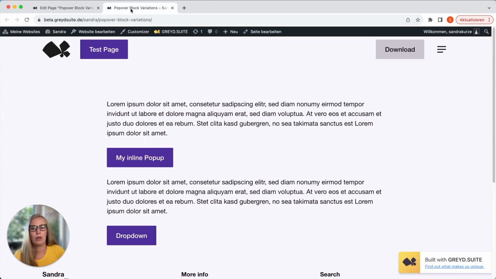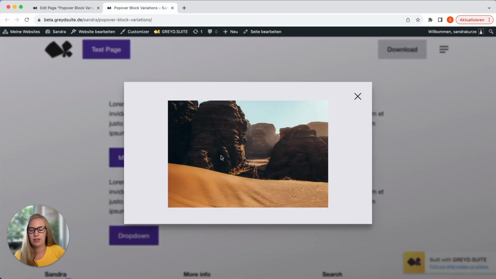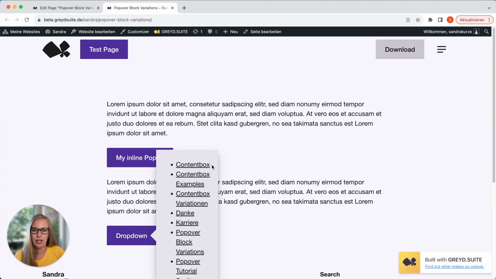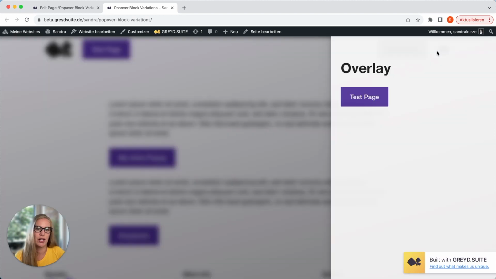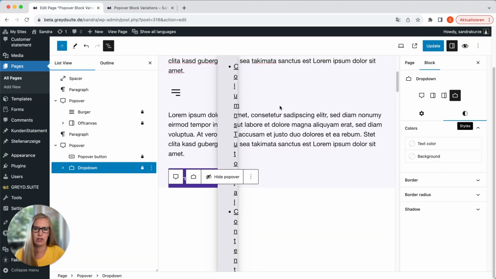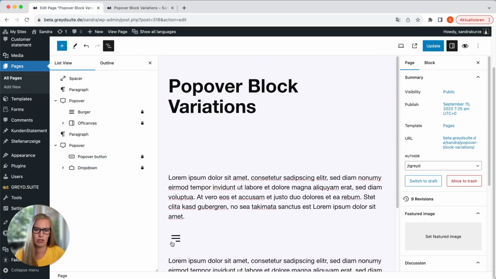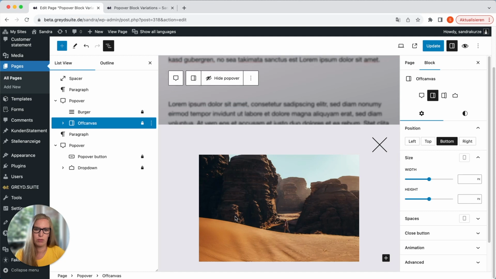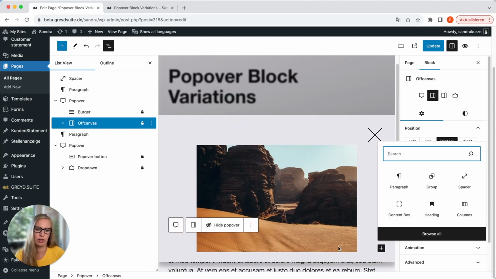As to what you put inside your pop-up, or inside your drop-down, or inside your off-canvas and burger menus, is completely flexible. You can put any content you like in your Popover, and you can work just as usual with